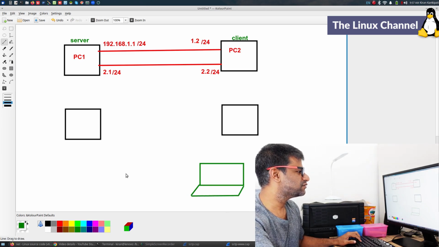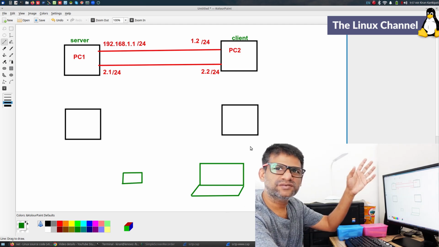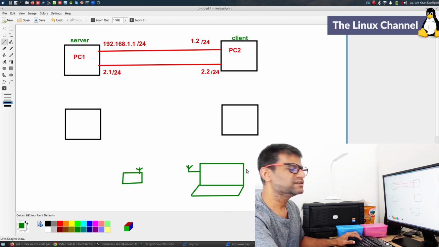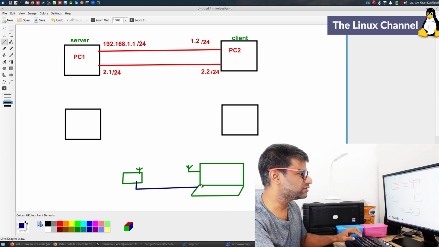Let's imagine I have a Wi-Fi router. In fact, not to imagine, I really have a Wi-Fi router at my home. So what happens is the laptop will connect via the Wi-Fi network like this, like so. But at the same time, I can also have a wired connection connected to this laptop, although in my home I don't do it this way.